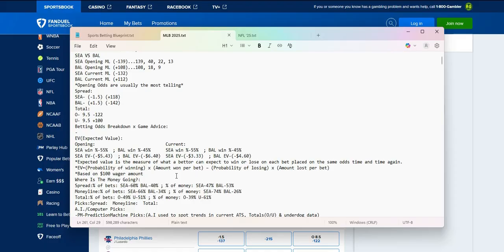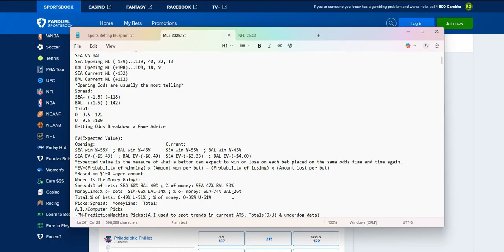All right, now what you want to look at is where this money is going. 74% going with Seattle, and their odds have declined. But this expected value has remained constant, with Baltimore being an even higher favorite currently than they were before, but they're still a favorite. With that being said, look out for Baltimore, who could sneak and win this game at home as a dog. They are only getting 26% of the money. Sportsbooks would profit.